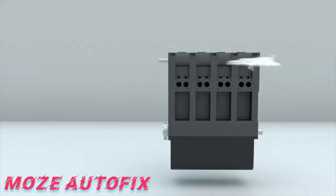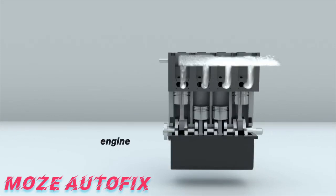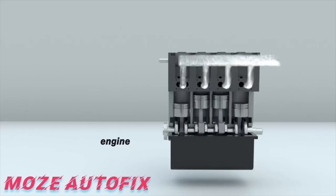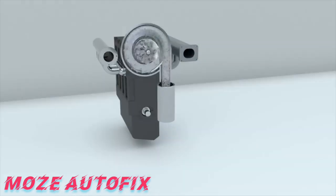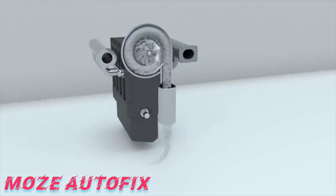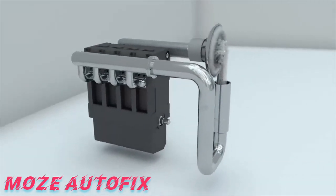How does a turbocharged car engine work? Air can either enter the engine under the influence of atmospheric pressure at the moment when the piston moves and increases the volume of the chamber, or be supplied with the help of a special compressor. In the second scenario, there will be more oxygen in the engine, and therefore